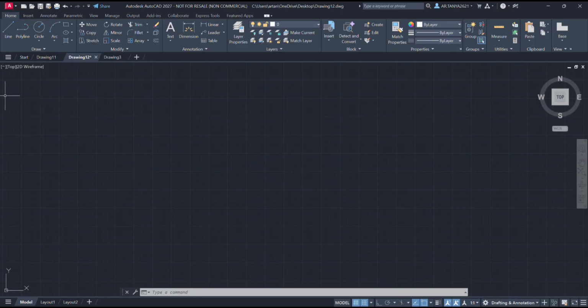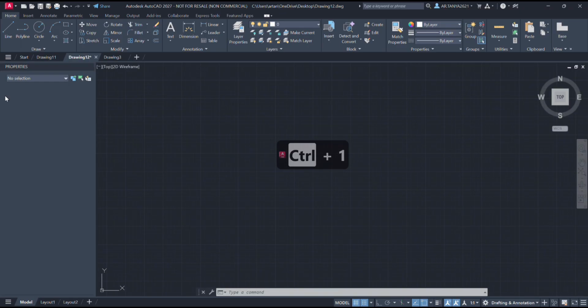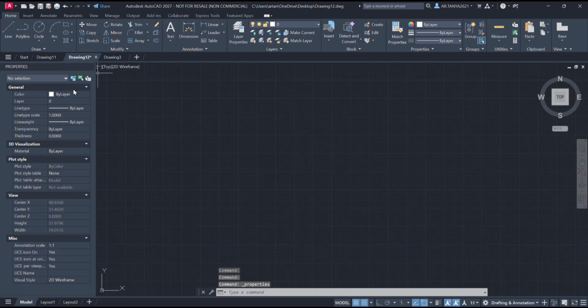Now let's talk about properties. We can open it through a keyboard shortcut, that is Control plus 1. It will show a number of properties like color, layer, line type, line type scale, line weight, transparency, and thickness of the element which I will draw now in my model space.